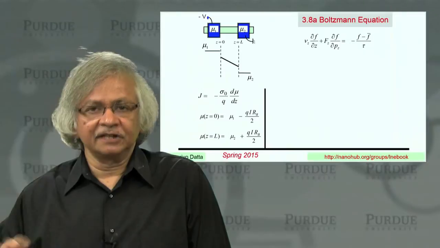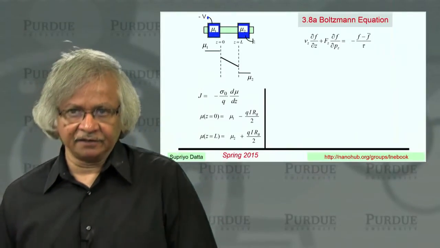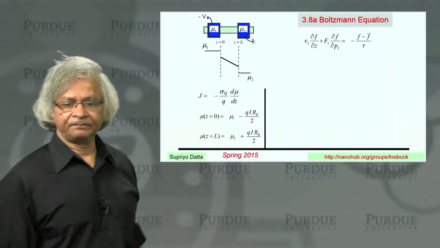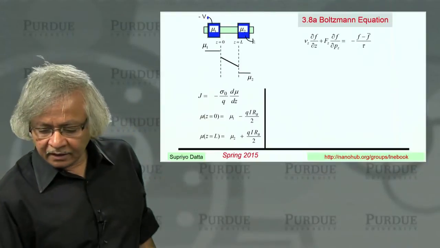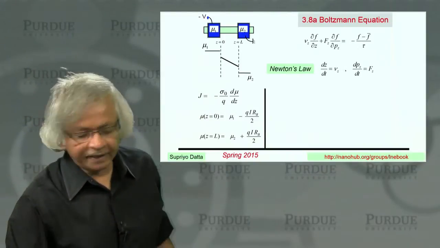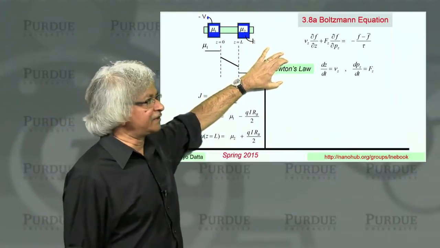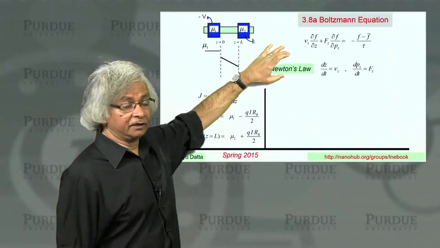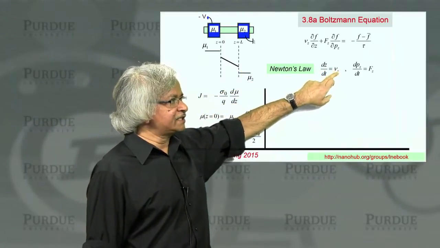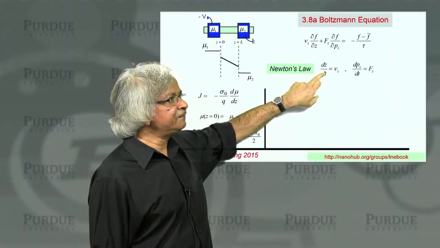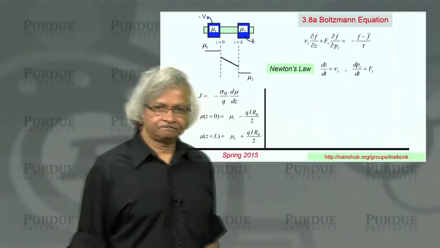But now, in this lecture, what I'd like to do is provide you an outline of how you'd justify it directly from the Boltzmann equation. So first point is, where does that equation come from? Now, the first thing is, of course, you're all familiar with Newton's laws. That is how you describe the motion of a particle like an electron. There are two equations: velocity is dz/dt, and force is the derivative of the momentum.